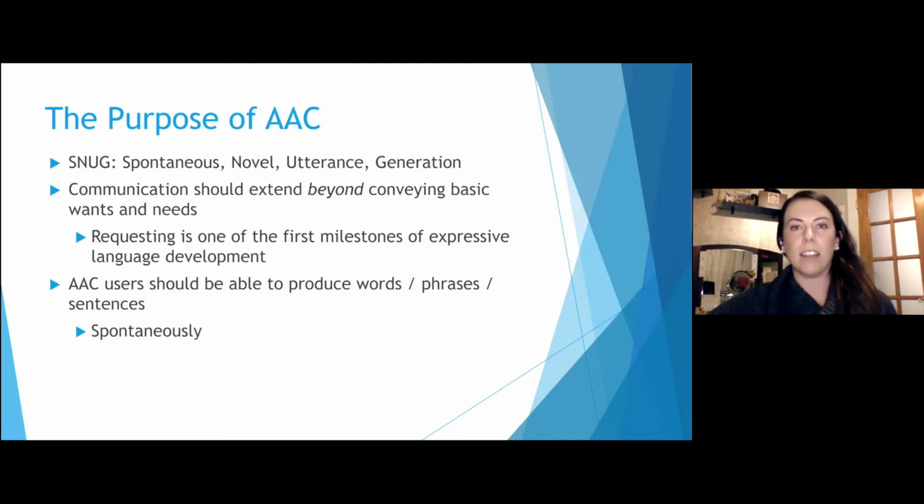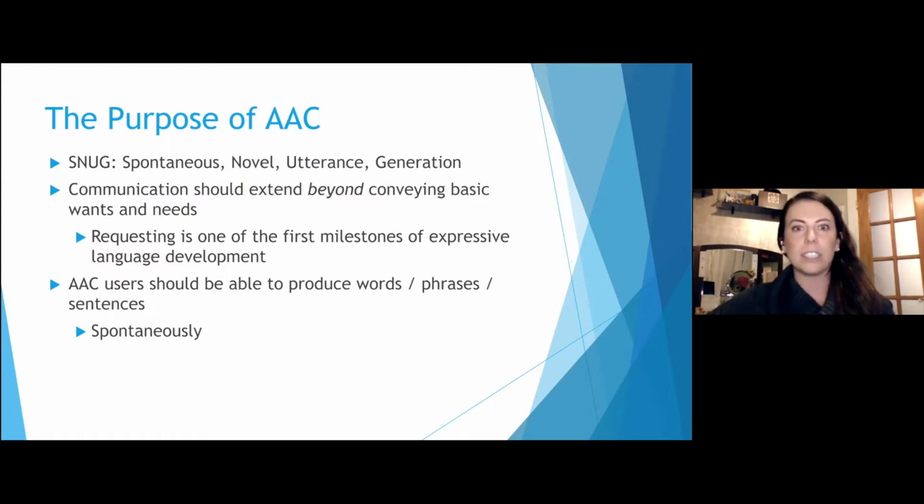And a lot of the times in those first years of using AAC, in those first years of communication, we're doing a lot of requesting. The reason that we're doing a lot of requesting is because we're getting our needs met and we're requesting something that's very rewarding. If I say I want a cookie and I get a cookie, I'm going to ask and say that again. And so that is really driving our motivation to want to communicate.